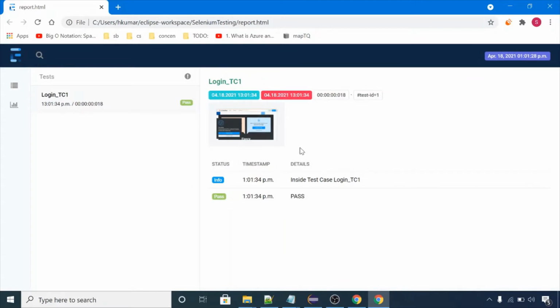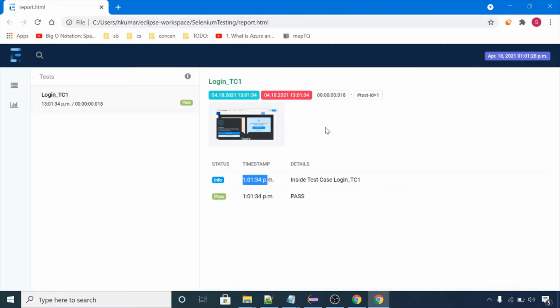Now let's suppose I want to put an error-based screenshot or a screenshot for a particular log, like we have this info log. In this test case, we can have multiple screenshots. Let's suppose we are capturing one screenshot at 101, and another at 104, maybe 107. So we can have various screenshots in our test case.